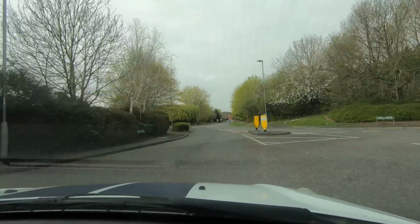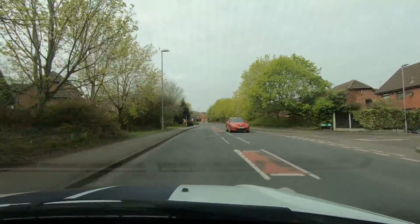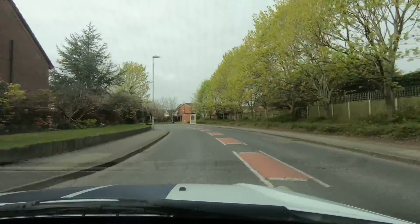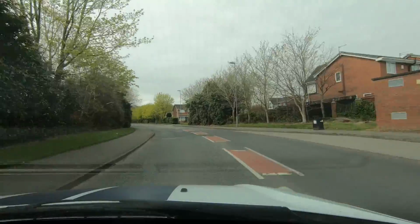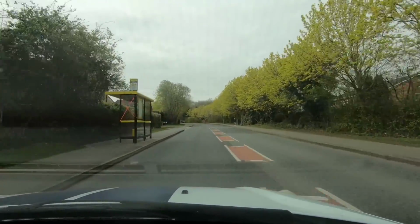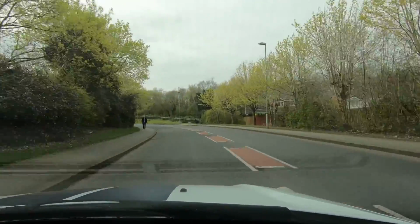Well, we're back in Halewood, and this short sequence is a request from someone who sent me a message and said that if I ever filmed Halewood, would I include the house and the road that this person used to live in. And by sheer coincidence, I sent a message back and told him that I'd already started filming in Halewood. So this is a little trip out to